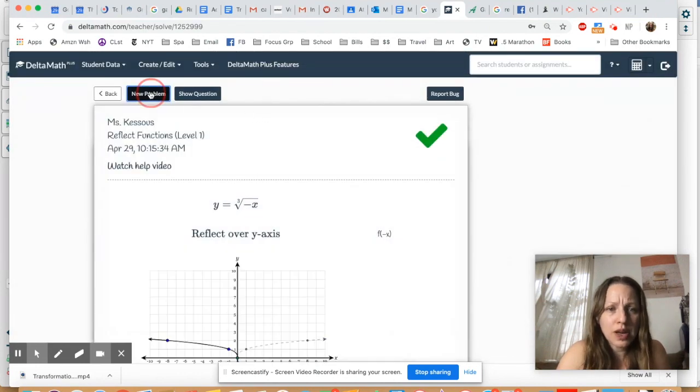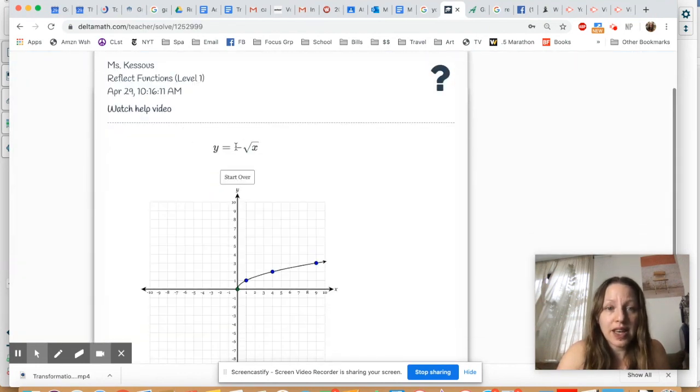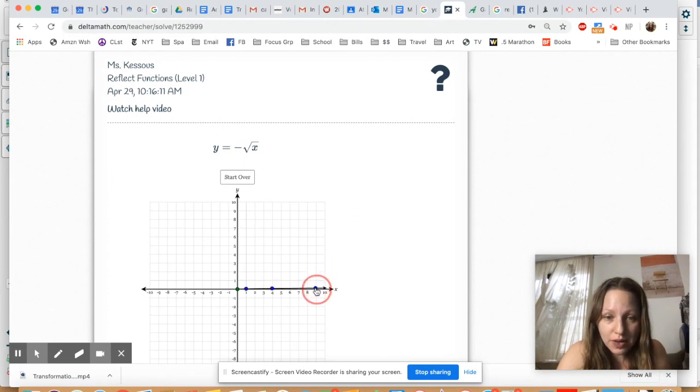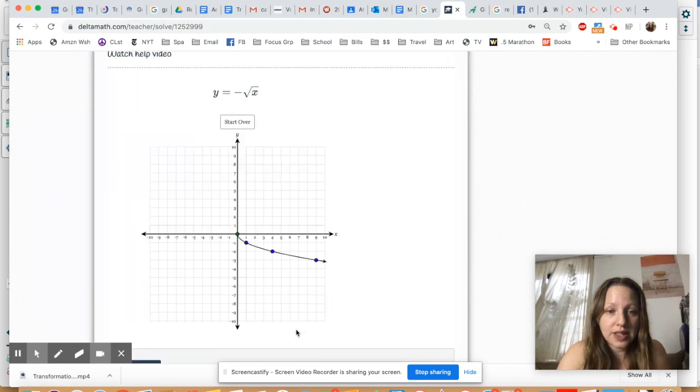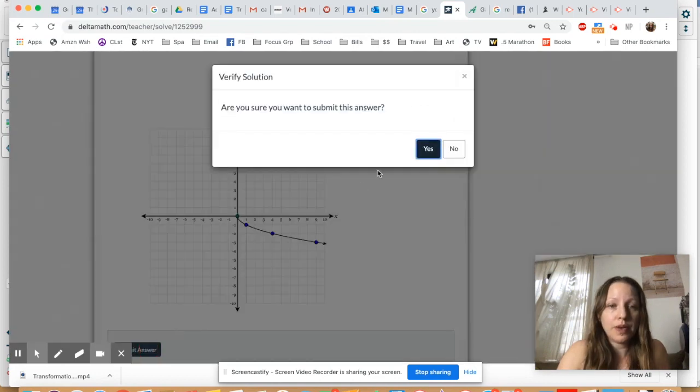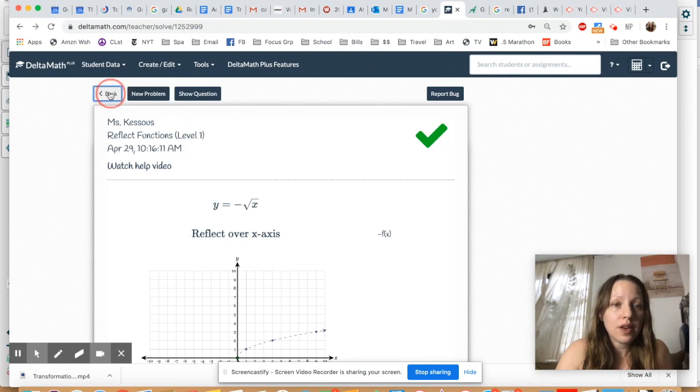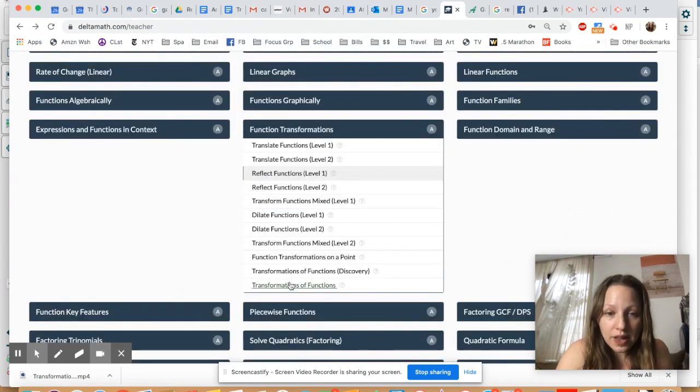Let's do one more. Okay. This has a negative in front. So I pick any dot. Let's say I pick this one. It's 3 up. So I'm going to go down 3. So I go straight down and then I go 1, 2, 3 down from the x-axis. And that's how we do it. Okay. And the last thing